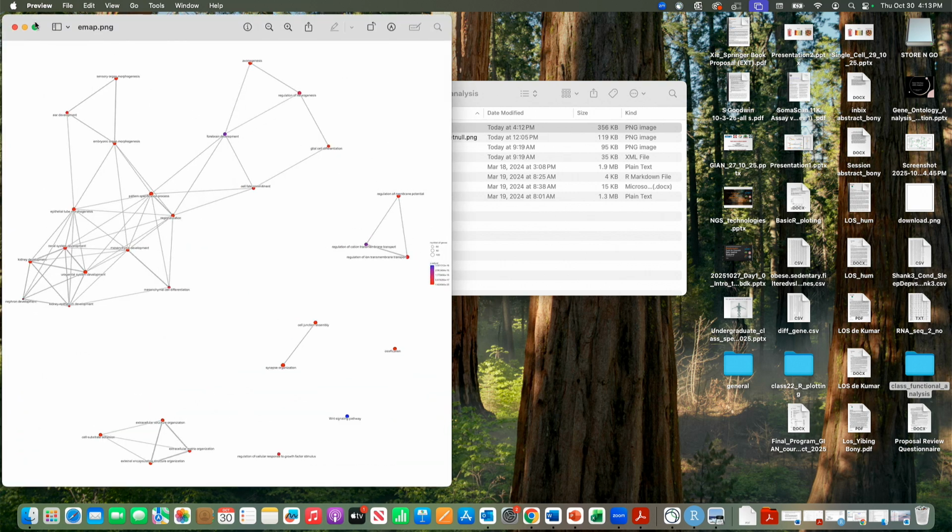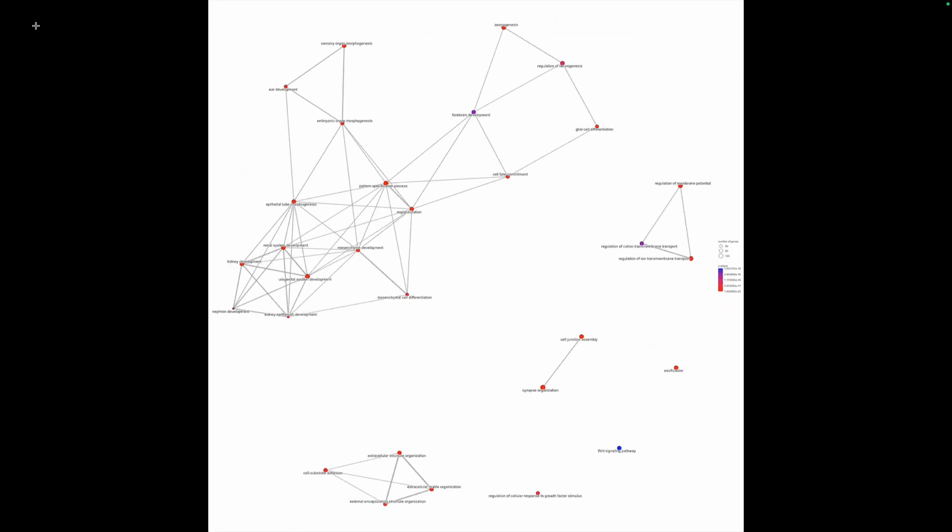So here is an EMAP plot for that data set. Now you see, all of these pathways are actually interrelated with each other. This is one set of pathways, and they have some kind of relationship. Now you have another set of pathways, interrelated with each other. You have a third interrelated set, while there are 3 or 4 different pathways that are just, you know,